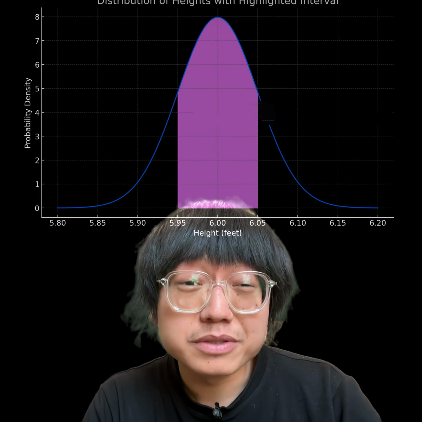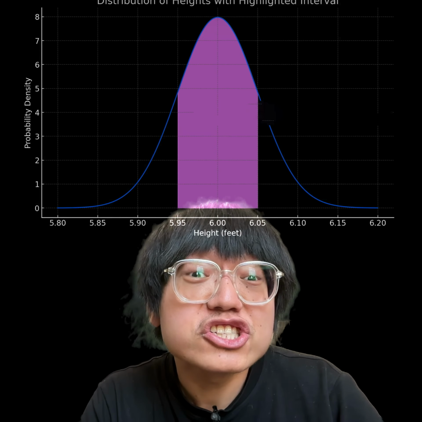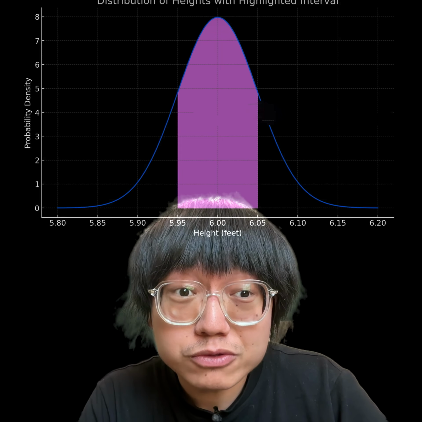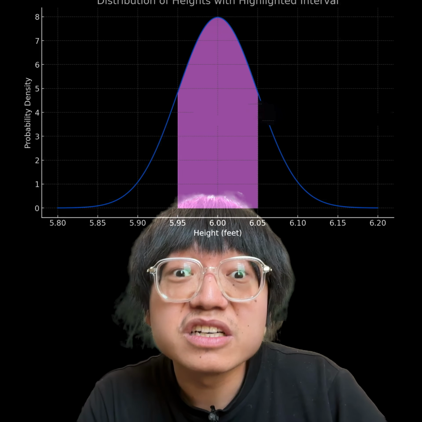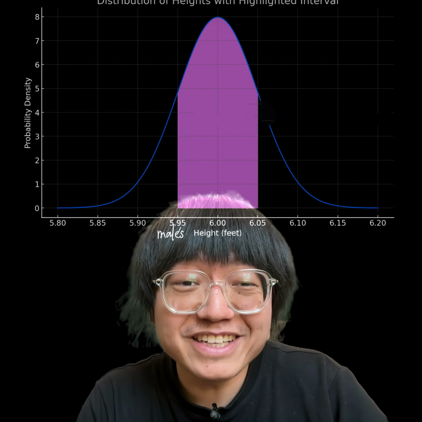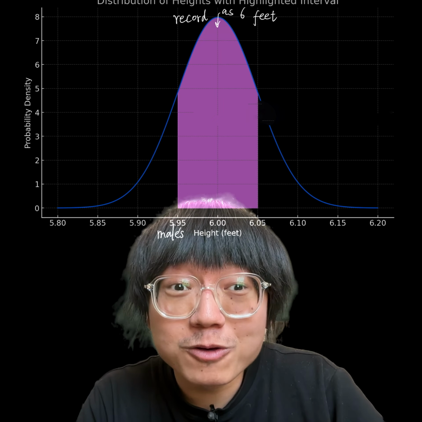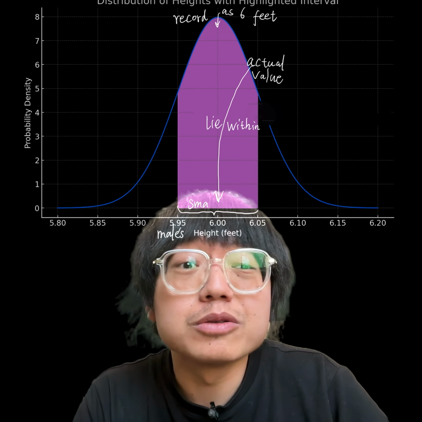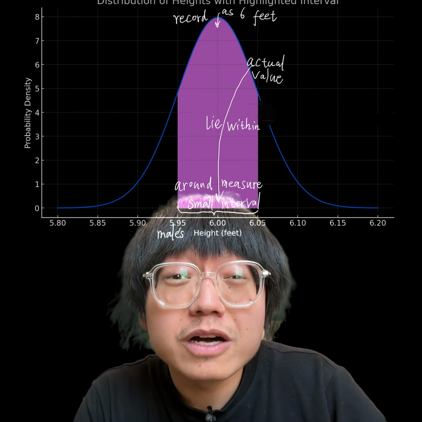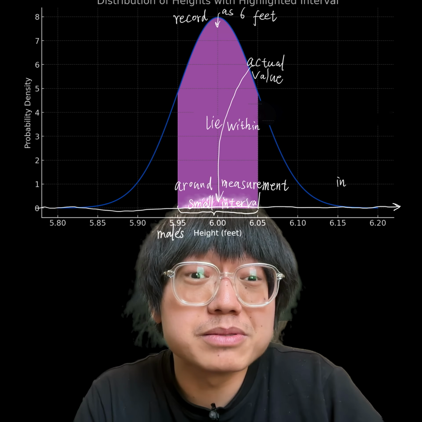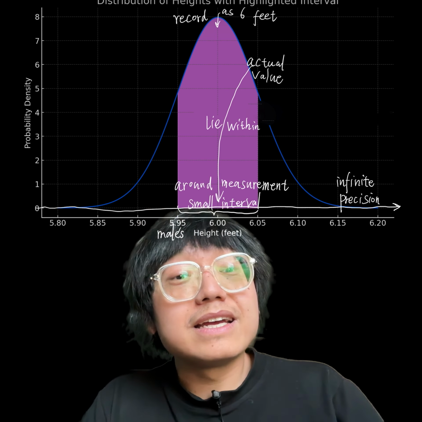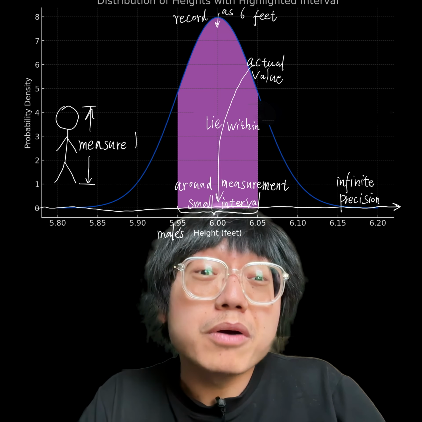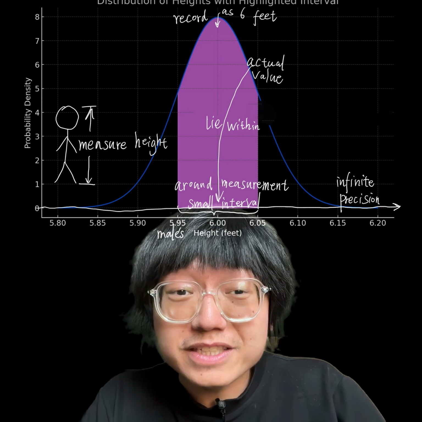Let's talk about the concept of continuous measurement and the imprecision inherent in real-world data collection. We can use a normal distribution here to model the measurement of a male's height. The idea is that we might record a height of 6 feet, but the actual value could lie within a small interval around this measurement due to the infinite precision of real numbers. In continuous data like measurements of height, there is no discrete step between the possible values, for example from 6 feet to